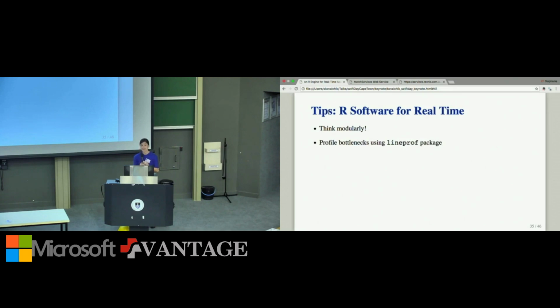When we're at the point where we're looking at optimization, that's a key step, particularly when the speed of your processing is critical. And I find that the lineprof package for profiling was an essential tool in looking at what were the major bottlenecks. So if that's new to you, I would definitely suggest having a look at that package. It's another Hadley Wickham work, and he includes a discussion of it in his Advanced R text.